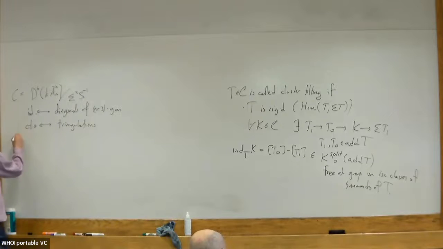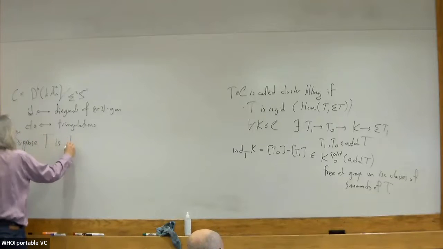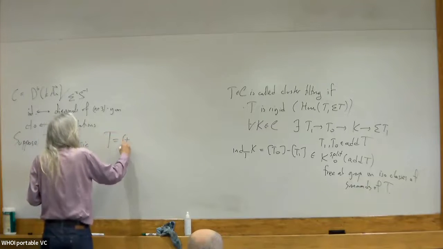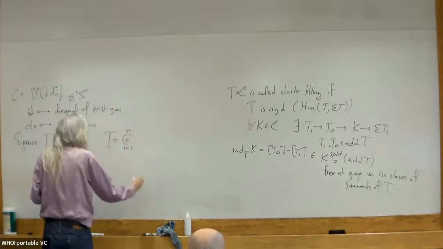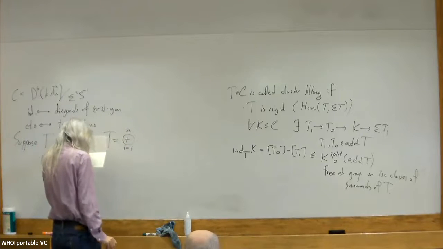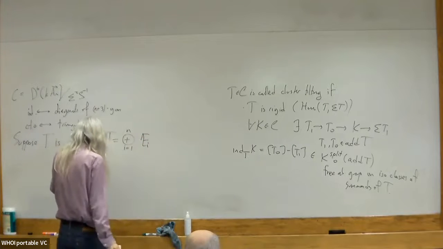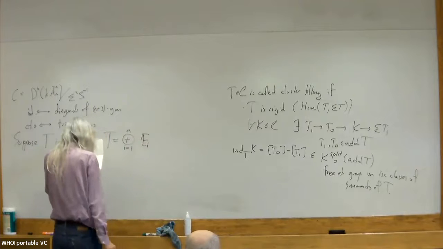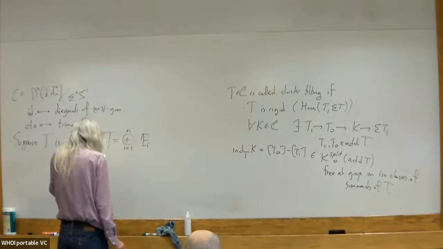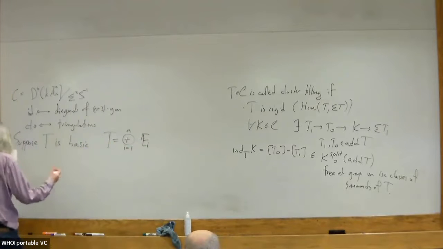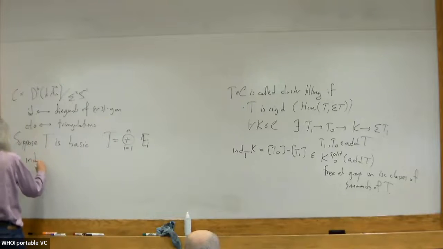Okay, so suppose T is basic. So it turns out that T is the direct sum of n indecomposables. Since I assume it's basic, the indecomposables are all pairwise non-isomorphic, and so I'm going to introduce some notation so that I can write the index